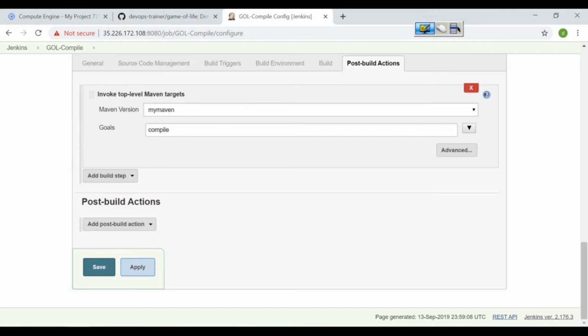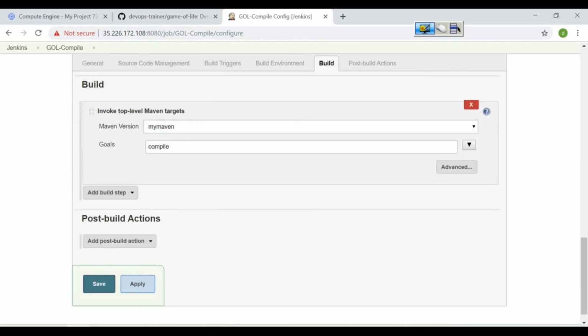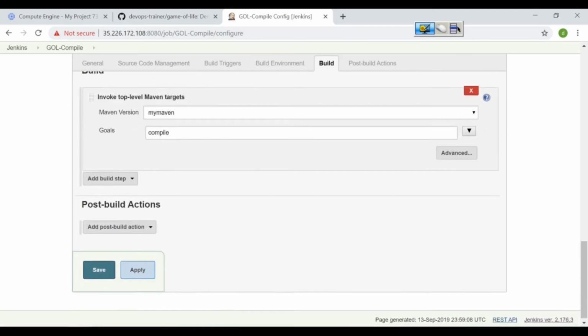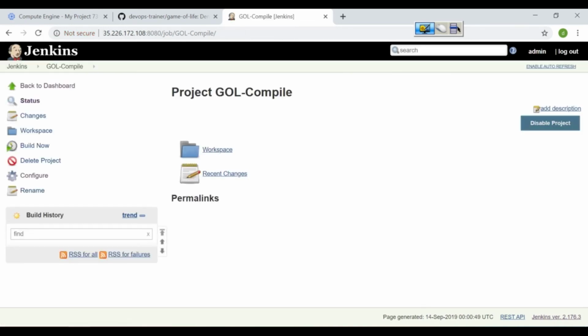But now a simple job which should clone the project and it should compile. So this job would be executed on the Jenkins server for now, where Jenkins is running. And yeah, we'll see where it will compile, in which location. Let us save this and let us build the job.